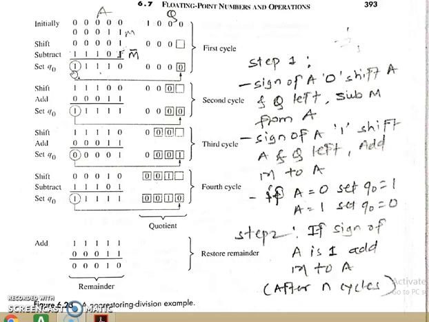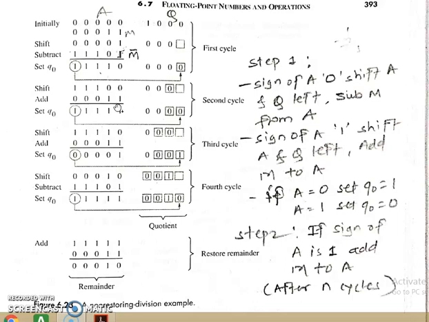So this 1 is discarded, and we are getting 1 1 1 0 0 0 0, and this is the 0 that is generated previously. Okay, after this what we have to do is add M to A. Add M to A because we have a negative sign. Okay, so here we are adding plus 3.